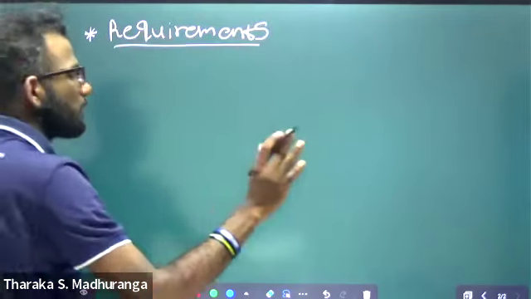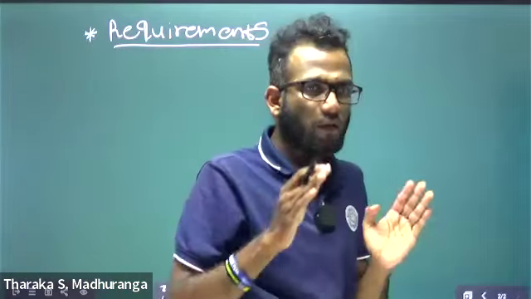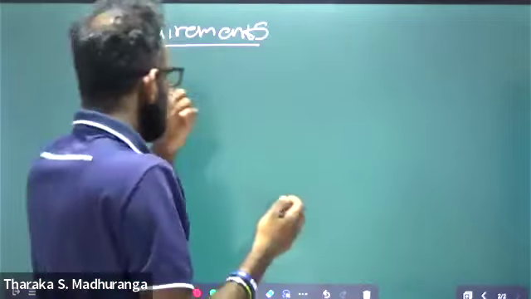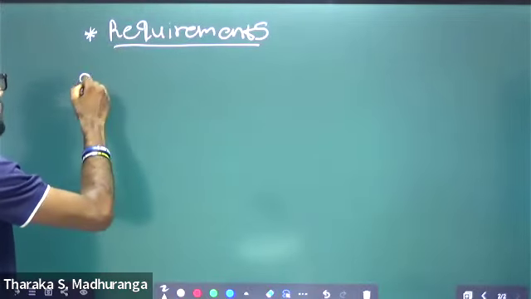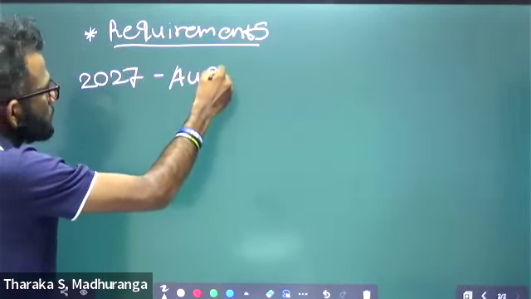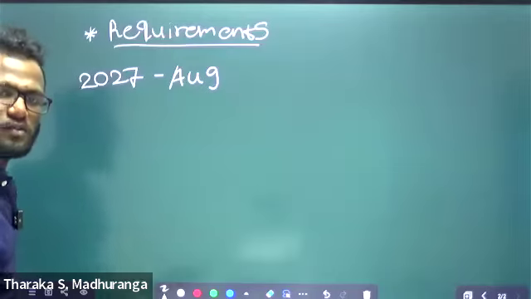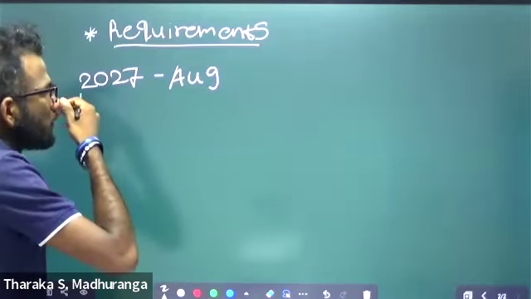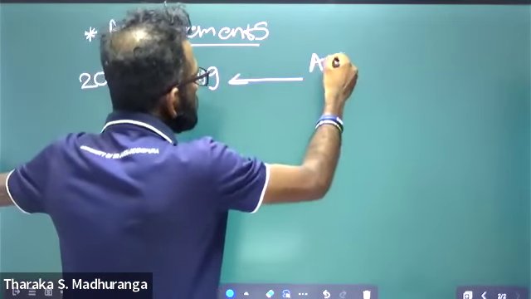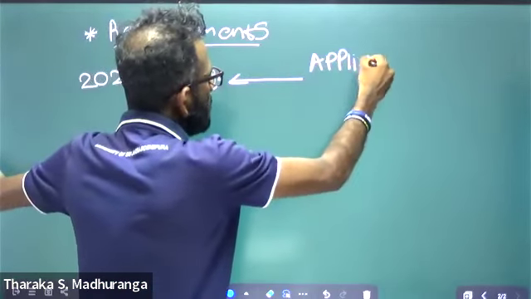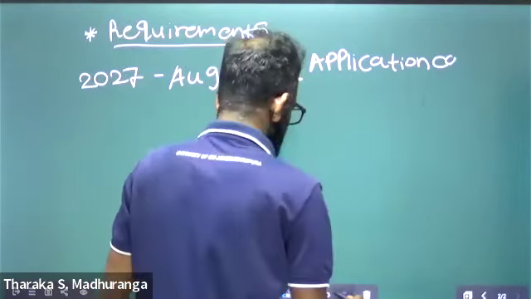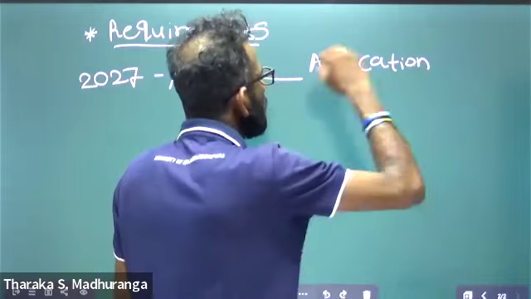The A-level exam application is open. Think your exam is in August 2027. August 2027 is your exam month, your exam period. Then the application is open. The application will be open